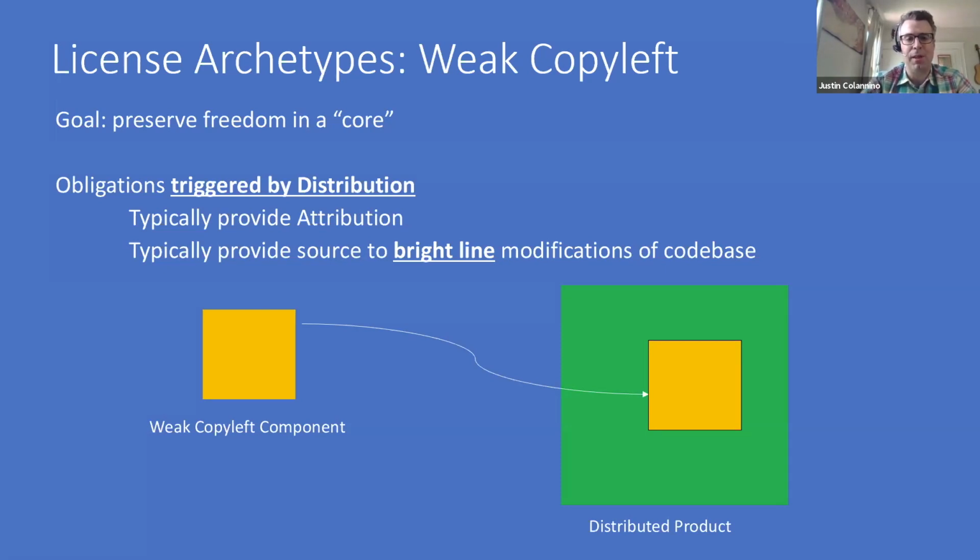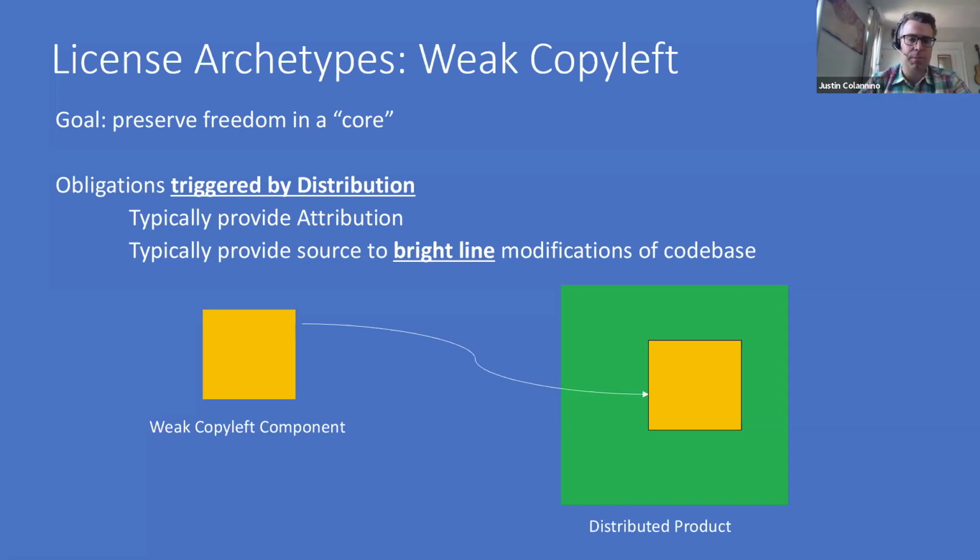What Copyleft does is it tries to use licensing to make it so that the software you write stays free for other people to look at, to study, learn from, and put in their own devices. Copyleft stretches to the extent that copyright will allow, essentially. So by licensing, it goes as far as it possibly can, which is a derivative work. We'll talk about that in a minute. Weak copyleft draws a brighter line.